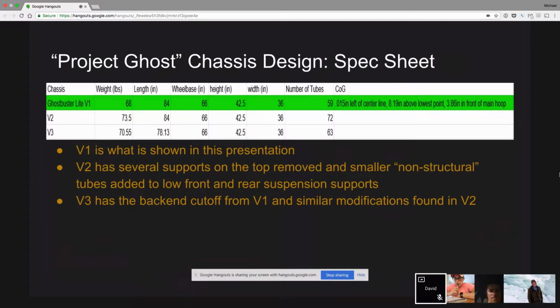Alright, so this just shows all the spec sheet. There's the pictures of the car that I just showed. So version 1 is what we showed in the presentation here. So weight is 68 pounds, overall length is 84 inches. Total height, and number 2 is for making sure the bill of sale sheet, that is 59. The CG,